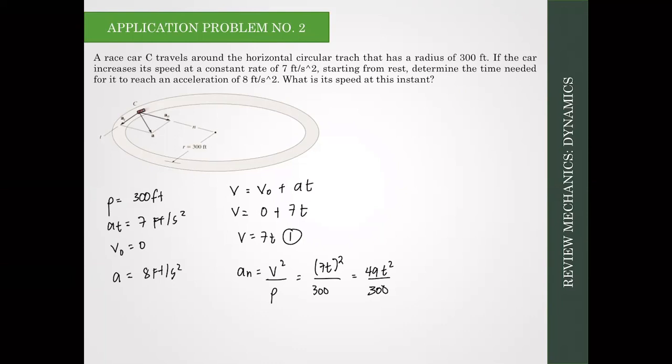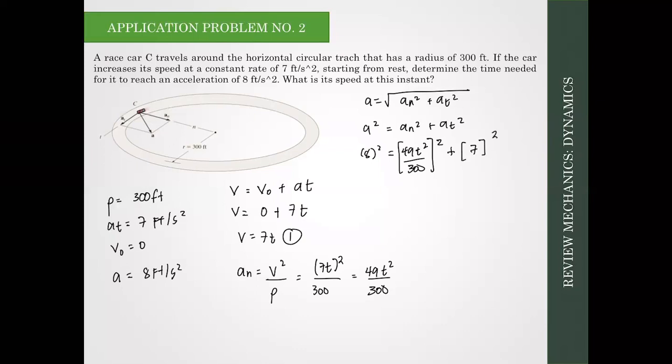Okay? And then, given sa atin si A, so A is equals to square root of AN squared plus AT squared. So this can be also A squared is equals to AN squared plus AT squared. Okay? So si A natin is 8 squared. AN natin is 49T squared over 300. And then dapat naka-squared pa yan. Plus AT natin. So AT natin is 7 squared. Okay? So solving for T, may makukuha tayong value, no, na